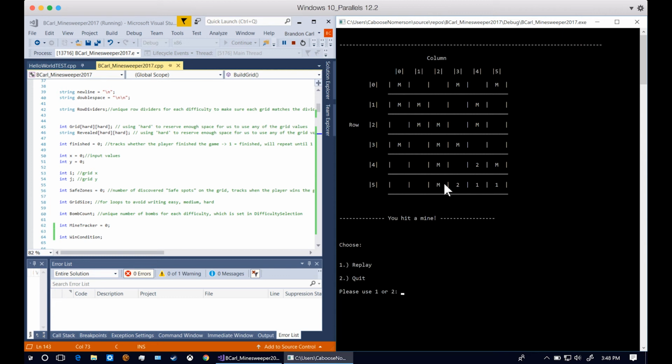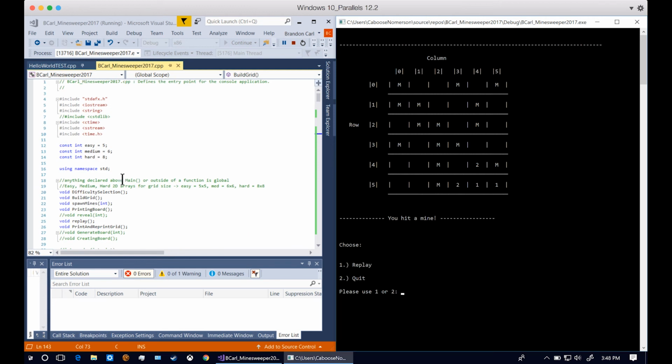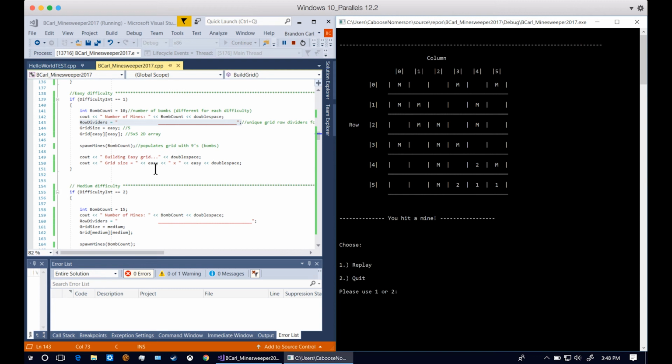So there should be, I gotta remember, I think it was 15 bombs for medium. So we can count these up, make sure it's the right value. Yeah, 15 right there. 1, 2, 3, 4, 5, 6, 7, 8, 9, 10, 11, 12, 13, 14, 15. Okay, I will replay